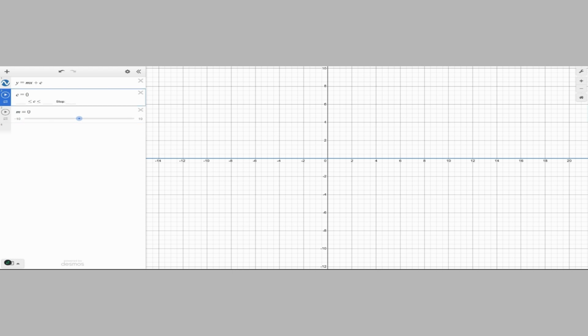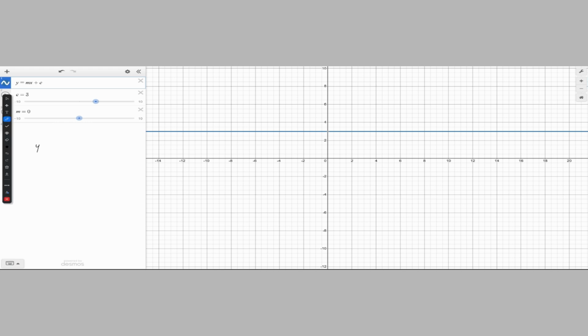Alright, let's talk about another case. m as 0 and c equals 3. So you can see there, that is the equation of y equals 3, because m is 0 there, so that would be 0x plus 3, therefore y equals 3. And y equals 3 is still a flat horizontal line, but this time it sits above the x-axis. Every point on the line has y equals 3, no matter what x is. So lesson, when m equals 0, you always get a horizontal line, and c just tells you where it's